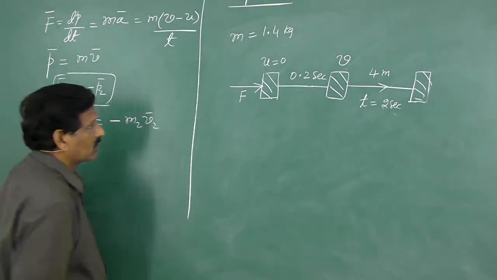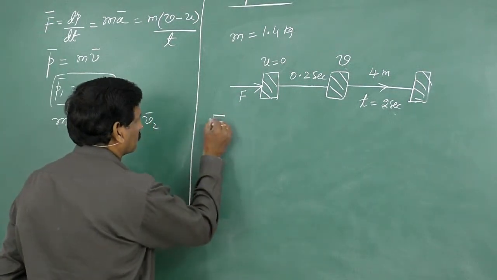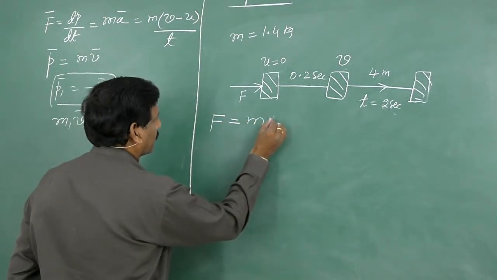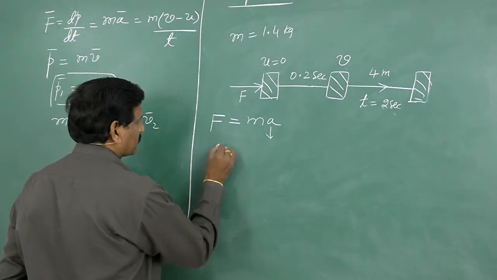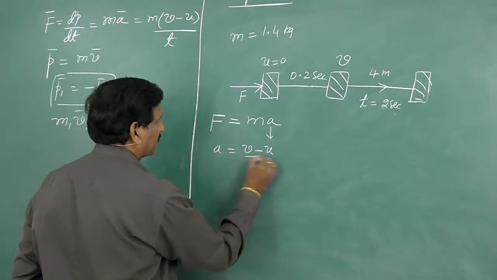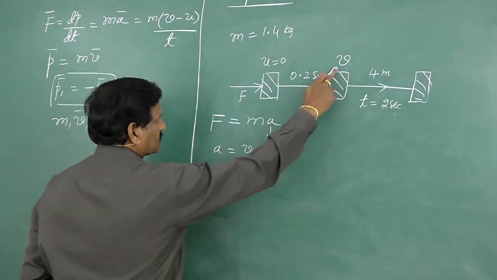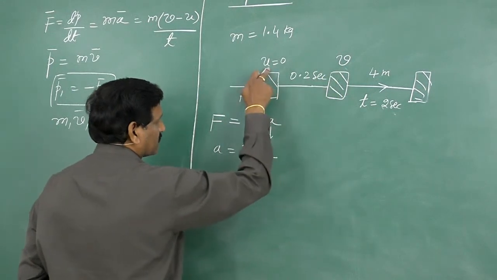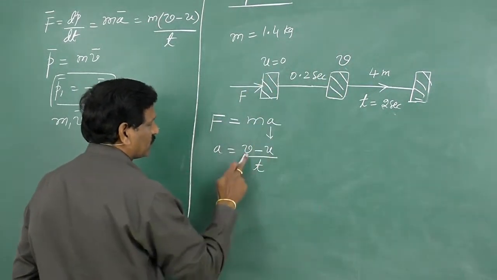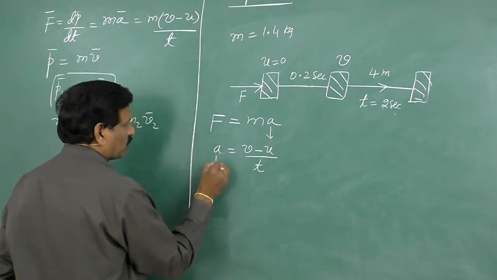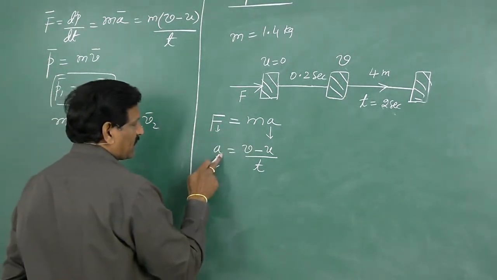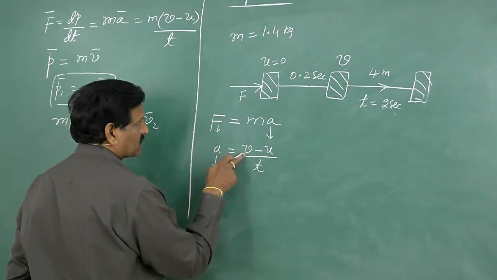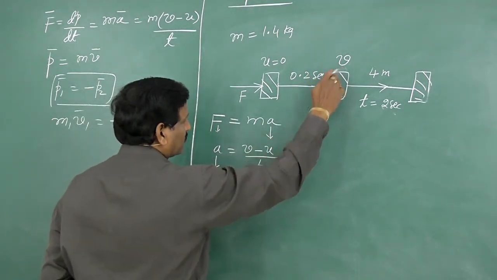So, here to find the force, F is equal to ma. So, you must know the acceleration. What is acceleration? Change in velocity by time. So, here the final velocity is v, the initial velocity is u, and the time is t. So, a is v minus u by t. If you know the acceleration, then you can calculate the force. For acceleration, you must know the final velocity v. So, to find this velocity,